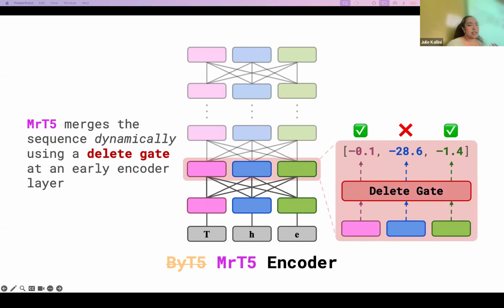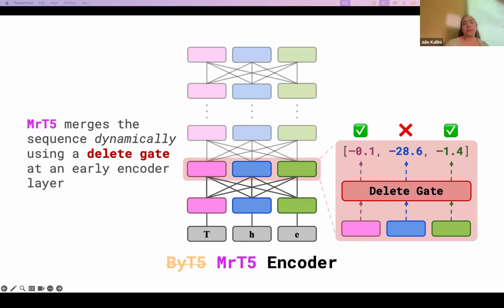So in the example on the slide, the main idea is: can we leverage the information redundancy that we have when we are processing raw bytes or characters? So maybe through the contextual representations that you derive from the attention mechanism from a few layers, the model can figure out that it's dealing with the word "the", and maybe this H is not so important for future layers. And the delete gate learns this implicitly, what information you can prune because it's already contained in other tokens via